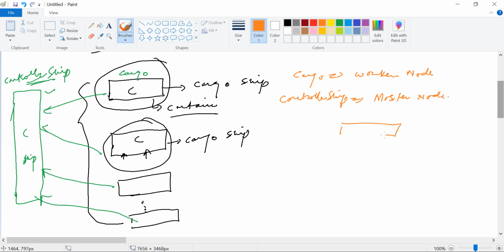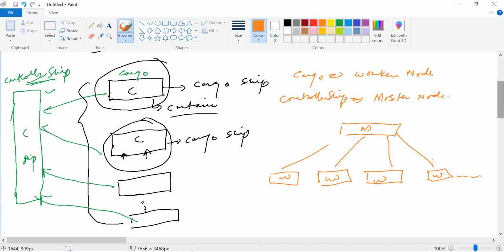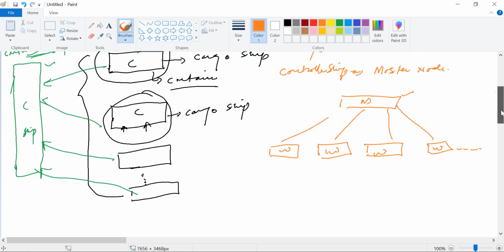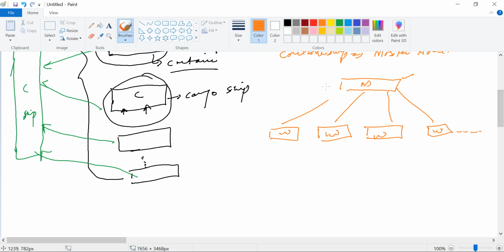So we have the master node here, and under the master node we have multiple worker nodes, the instances where you have deployed your containers. We can also deploy containers on the master ship. We will deep dive into the master control later. Let's see what main components are in the master node and what main components are in the worker node.